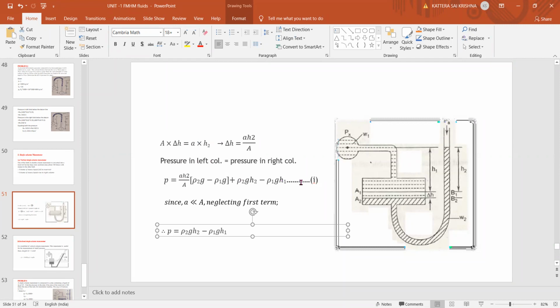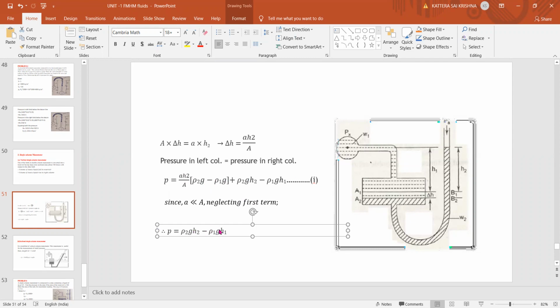So we need to remember this equation. And one more thing, since small a is very much less compared to capital A, very, very minute, we can neglect the term there. So what happens? A by A into this complete term we can neglect. A by A is very small, suppose it is 0.0001 into something, again gives a very minute value only. So that value completely we can neglect and use only this as your pressure. So in a problem, sometimes if they give this ratio of capital A by small a, at that time you need to remember the full formula. Otherwise this will be enough.